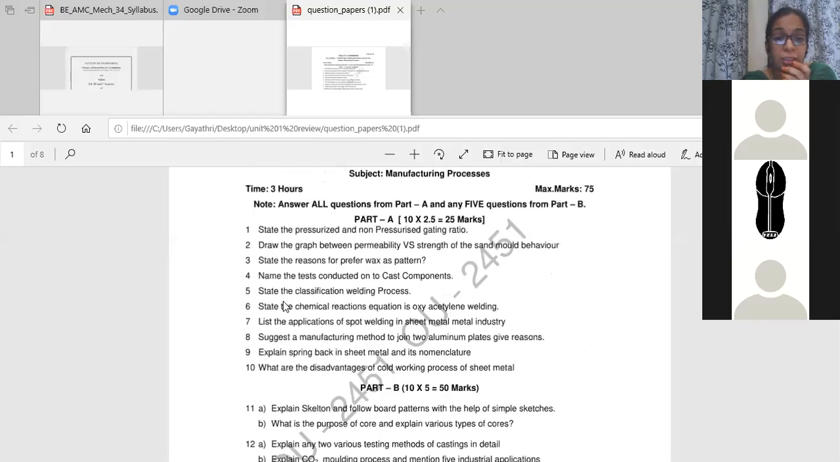The first question: state the pressurized and non-pressurized gating ratio. Pressurized gating ratio is 1:4:4. Please see the notes. There are two different types of gating: one is pressurized and the other one is non-pressurized. The second question is draw the graph between permeability versus strength. What happens if the permeability